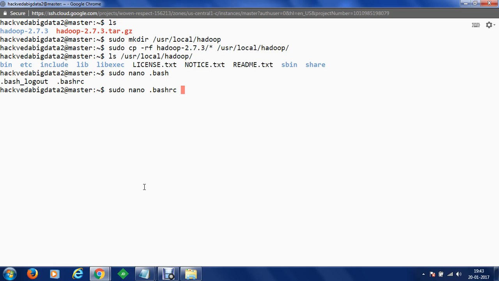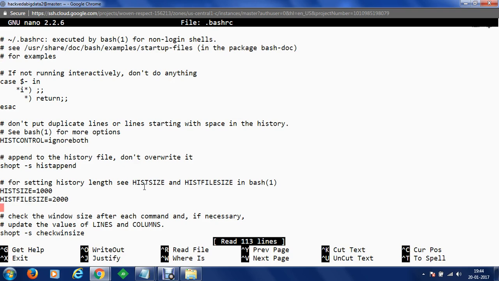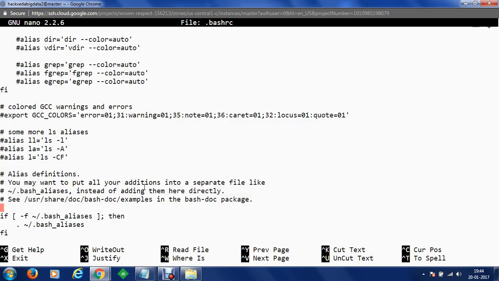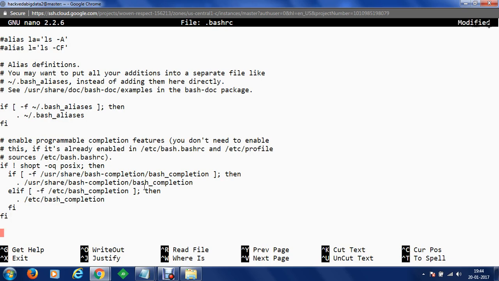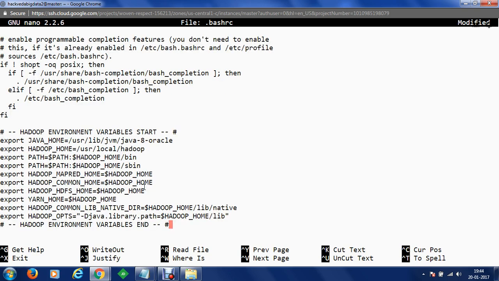So here in the file, sudo nano bashrc, at the bottom of this bashrc file, I'm going to paste my bashrc environment variables. So let us use Ctrl+Shift+V to paste the configurations.